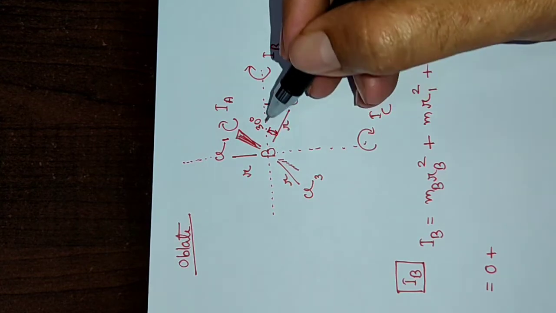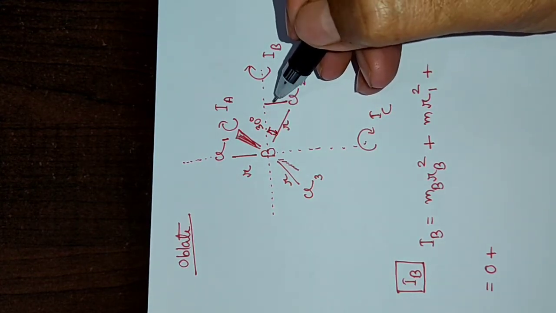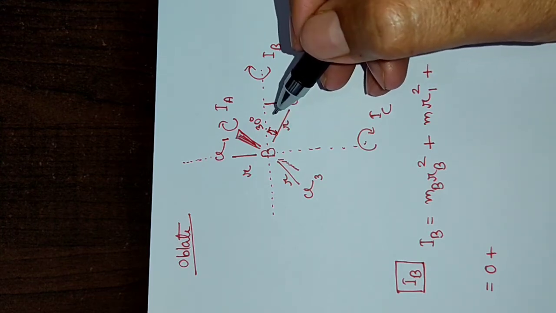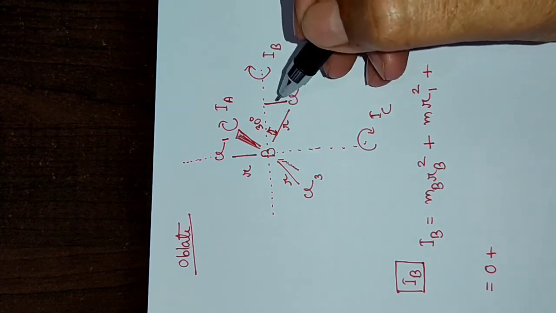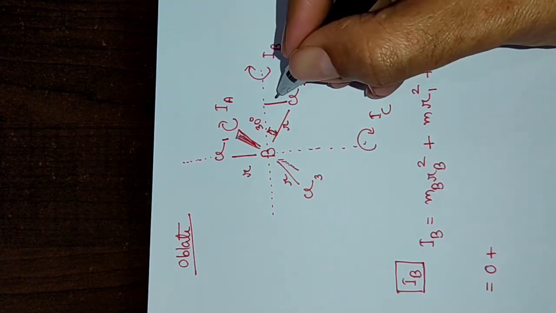Now this will be the base, this will be the perpendicular. Now, relation between perpendicular and hypotenuse is sine, so sine 30 will be perpendicular by hypotenuse, so perpendicular will be r sine 30, and sine 30 is half, so it will be